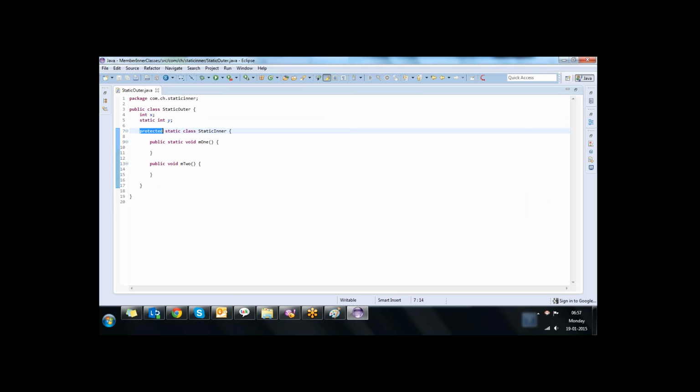Static inner classes can have static members as well as non-static members. Int x, static int y. I declare two variables here. I have a default static class inner. In this I have a method called M1. Inside this method